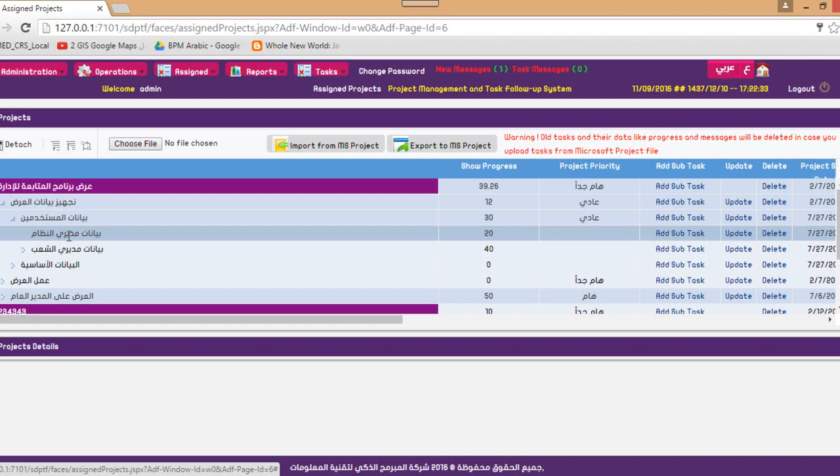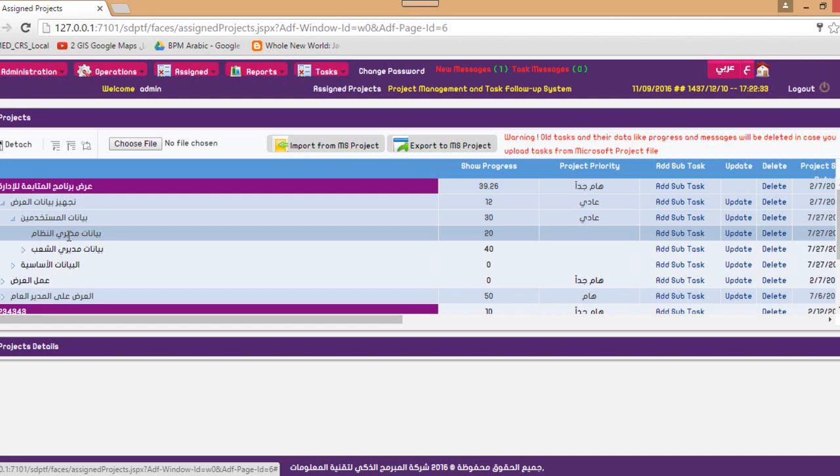Plus, it depends on the project manager, so if he's not active, the task or project updates will not be frequent. While doing this as a system, we enforce one screen only for all projects assigned to the project manager. So of course this makes his task much easier in order to enter his information.